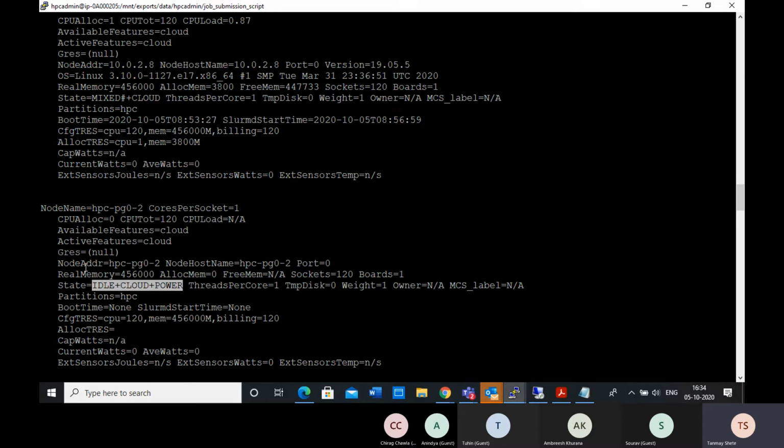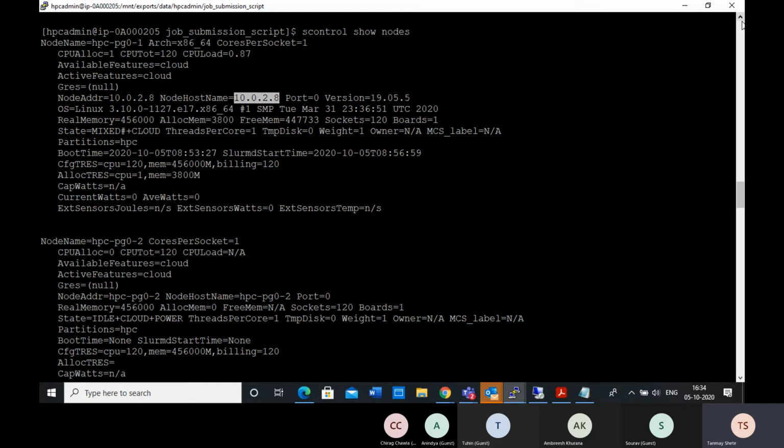And when the machine is not on, the node address will also not have any IP address, because these things get created at runtime. Whereas the first machine, which is going to get started, has an IP address here. Because I submitted the job, this machine started running, and this is the IP address it got, and this is the state it is in right now. Now it will come up and start.